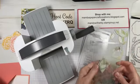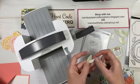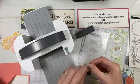So what's everyone got planned for the weekend? Have you got anything exciting coming up this weekend? I have